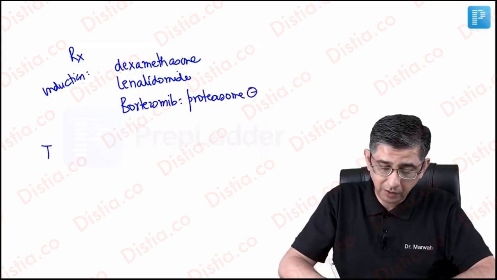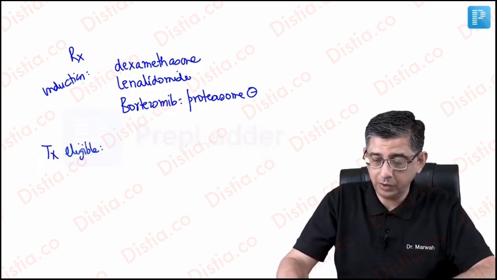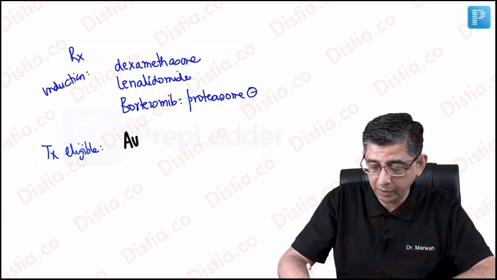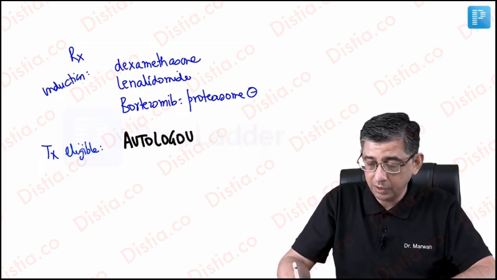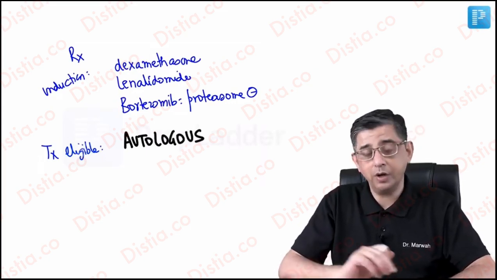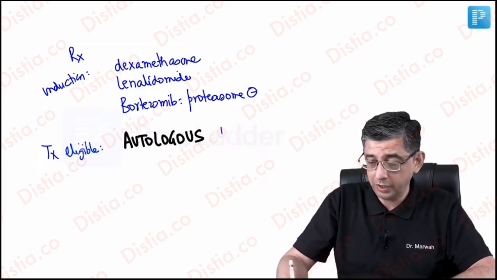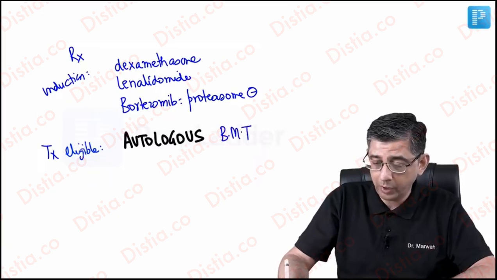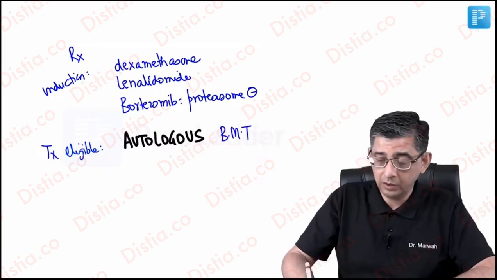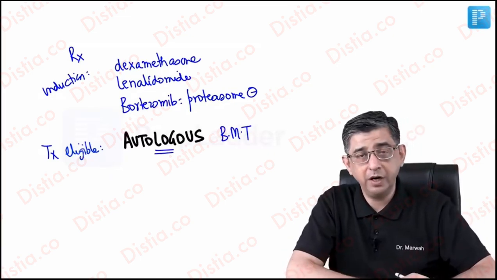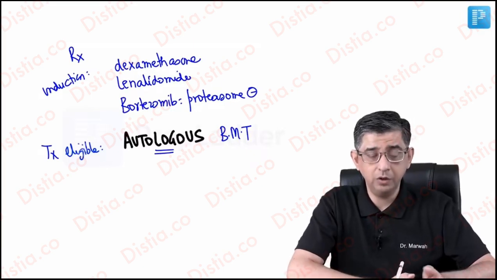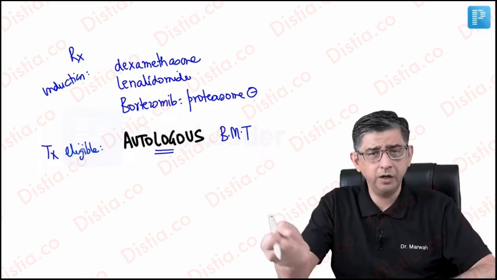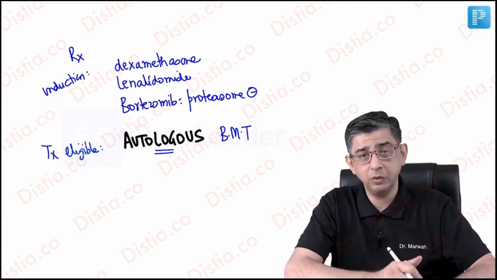Now, if these patients are transplant eligible, we'll take them up for bone marrow transplantation, but the type of bone marrow transplantation that will be done here would be called not allogenic. I'm not going to be asking his first degree relative for a bone marrow transplantation, but I'm going to use this patient's indigenous bone marrow. When I say this, you will say, sir, how is it possible? On one hand, you are telling me that there are hematological cancer cells in the bone marrow of the patient, and now you're saying you will take it out and give it back to the patient. I mean, you're giving cancer back to the patient.